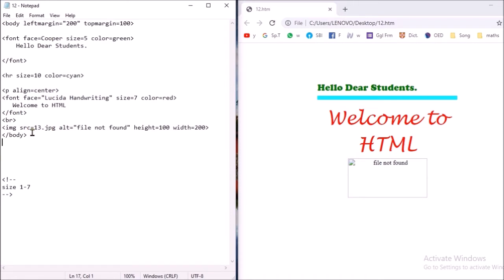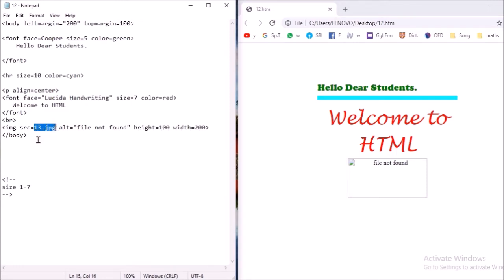Image SRC stands for source. Now source is 13.jpg. One thing you will notice is that I have not given the full path of the image file, because this HTML file is located on desktop and the image file may be located on the desktop.